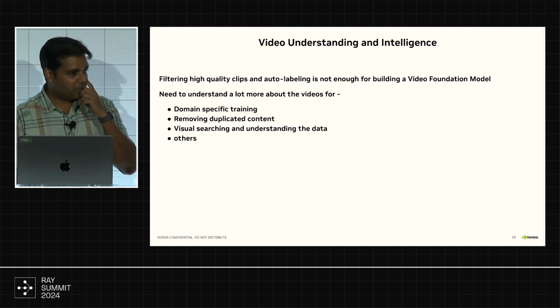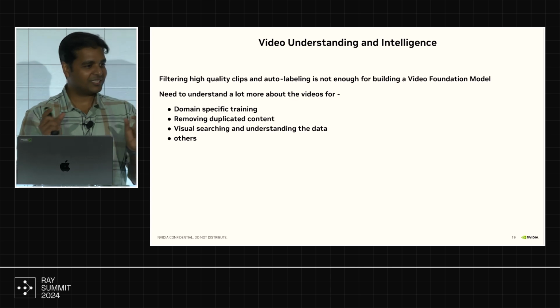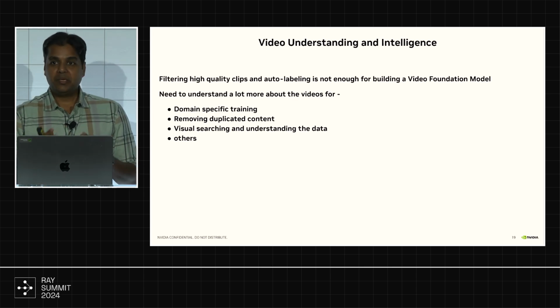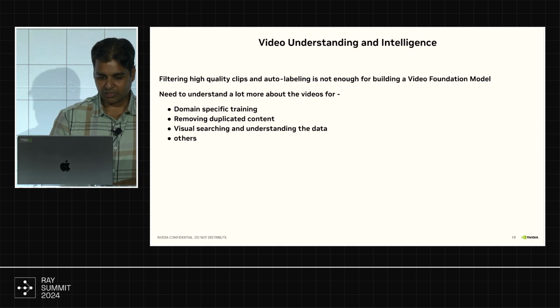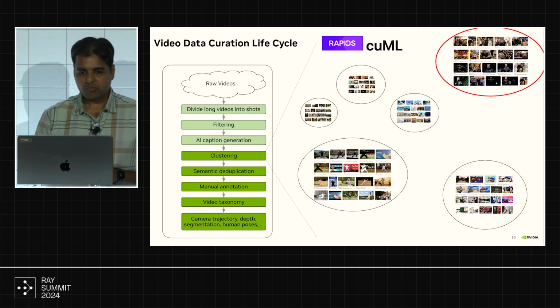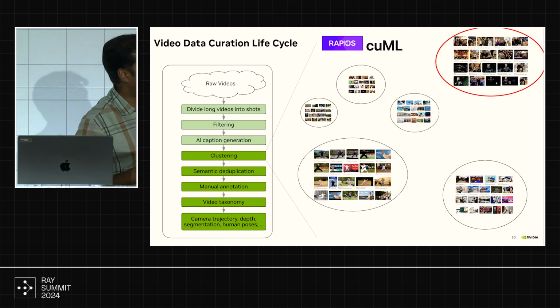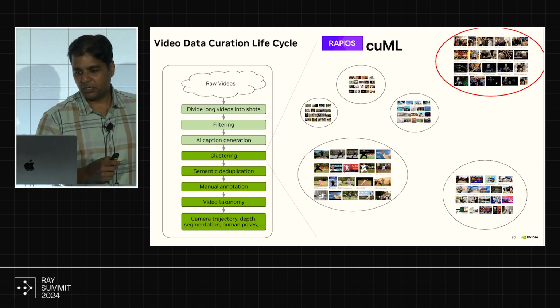Deduplication I talked about. We want to do deduplication. It's not just curation. It's understanding what videos are similar, right? That's a task for AI. And also sometimes we need to debug our models. Now this is very interesting. I'll show an example of how we debug our models as well, and there's other use cases. So let's walk through the rest of the pipeline. So far I've covered dividing long videos into small shots, filtering them, and then captioning them. Let's now go to deduplication.